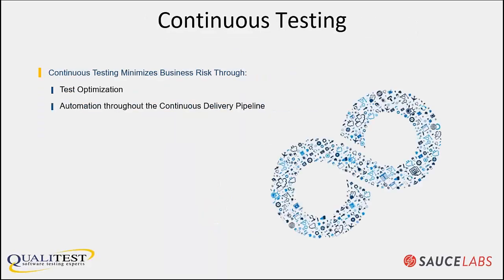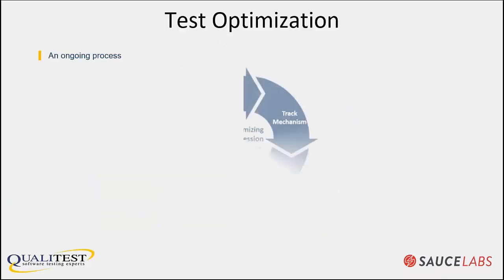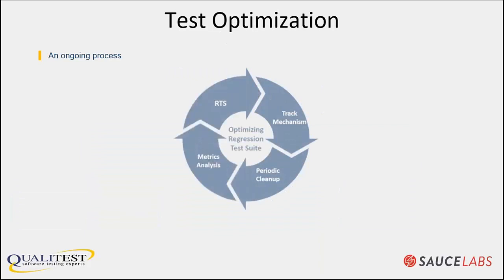Now, continuous testing minimizes risk in a couple of ways. One is test optimization, and the other is automating throughout the pipeline. Now, we've talked a little bit about automating throughout the pipeline, but now what we want to talk about is test optimization. So test optimization, the most important thing I think to realize about it is that it's an ongoing process. It's not just, okay, go through your entire regression suite, pick out the ones you don't need, pick the ones you do need. Okay, that's done. That's what we use forever. It's an ongoing process, because with